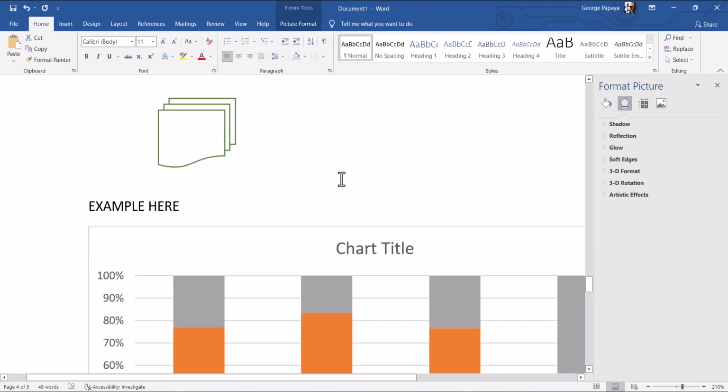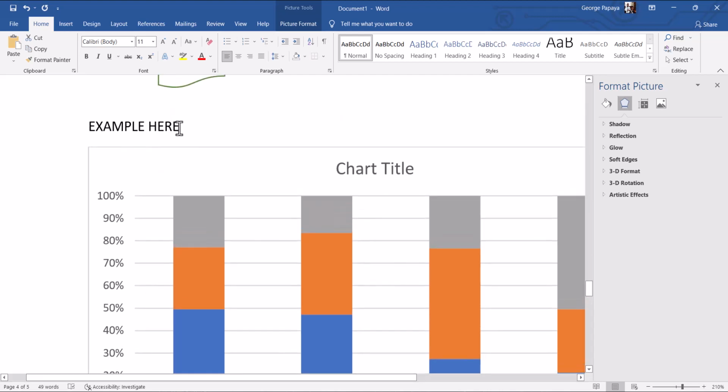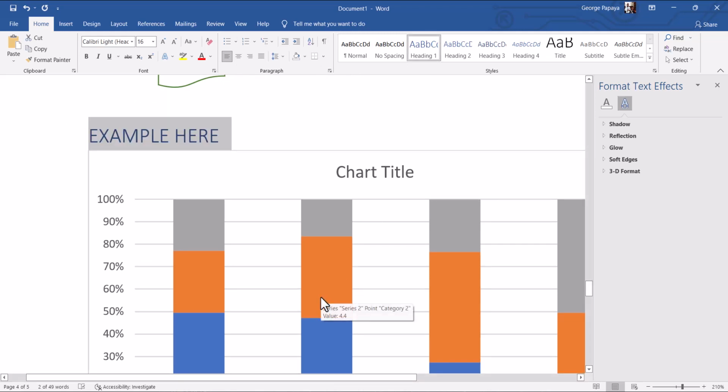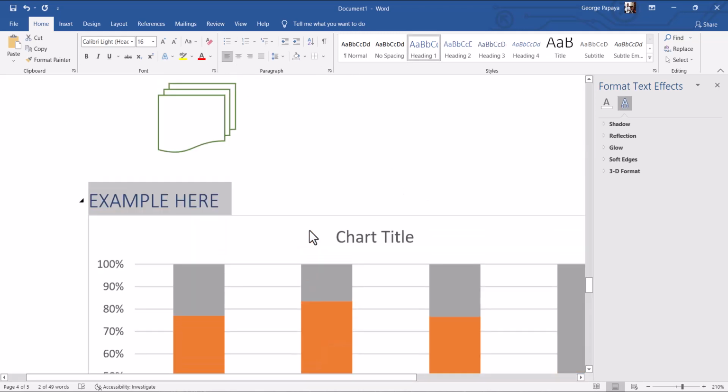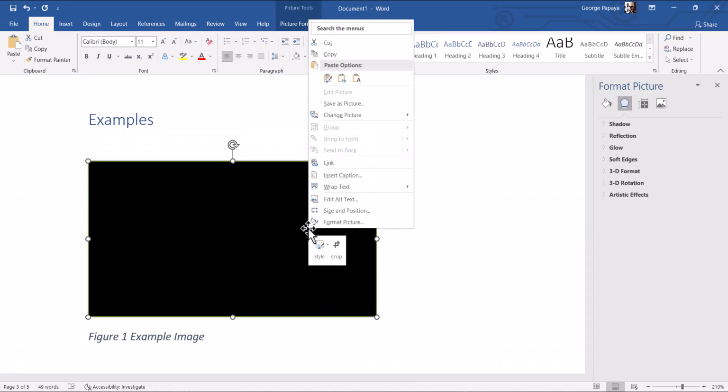Okay, so let's get that work. I'll try and be slow enough so that we can follow along. Example here needs to be linked. So for us to link example here, we might need to make it a heading. So we select example here, we make it a heading 1. That's the first process. The next process is we come to our image, which is this one. We then right click, and then we say we want to link this image. So we select link,